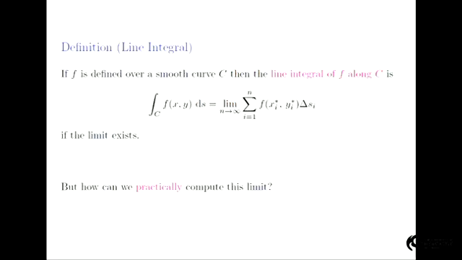So the definition of a line integral, you give me a surface F, you give me some smooth curve C, that's in R2, and we want to go through F, right, restrict it to C, and then sum up these areas that the curtain is giving. So we have this curtain, we're cutting it up into little trapezoids and then adding the areas. Right, so this is the typical limit definition of the integral, but we want to be able to practically compute this, right? So let's do a little bit of work to see how we can actually go and compute this